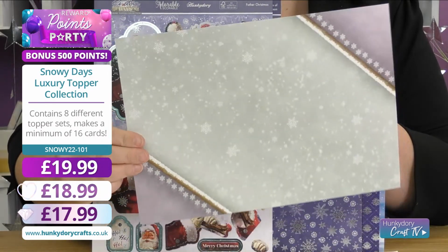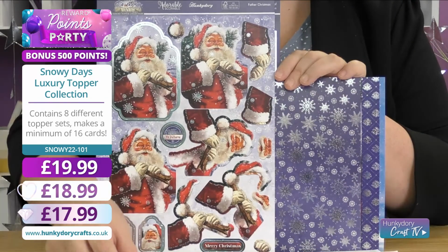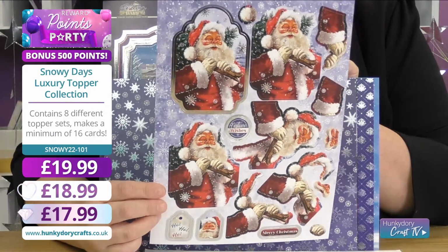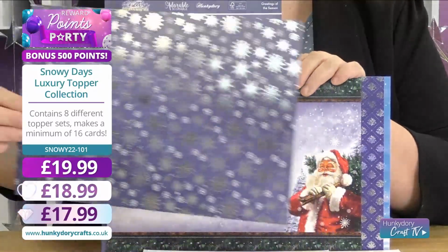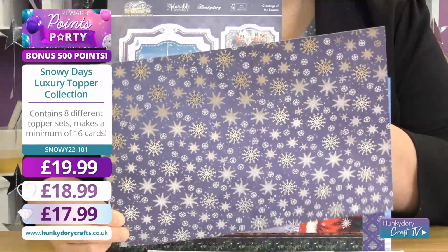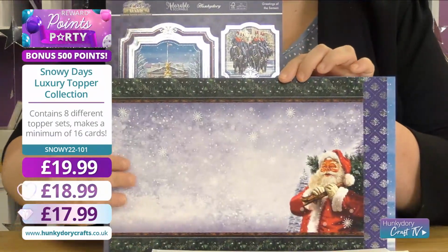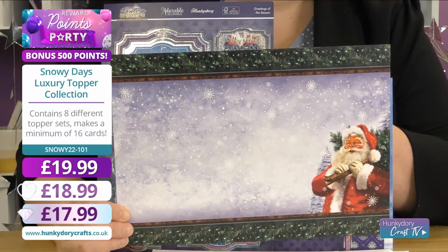And the printed cardstock. It's so lovely. That's another one that I think you could intertwine in and out throughout this collection. And then another little bit of decoupage for you here onto that beautiful label tag at the base. You could make a box with this to pop your Santa into. Absolutely. And if he's appearing on the front, you've got some tasty goodness inside. True. You've got to put cookies or something in a box that's got that Santa on, haven't you? And then look at this, what a statement piece of foil cardstock here. Fully foiled all the way over, absolutely gorgeous. And here he is again, dragging that Christmas tree along. You'd think Santa would have somebody to do that for him, to be fair, but